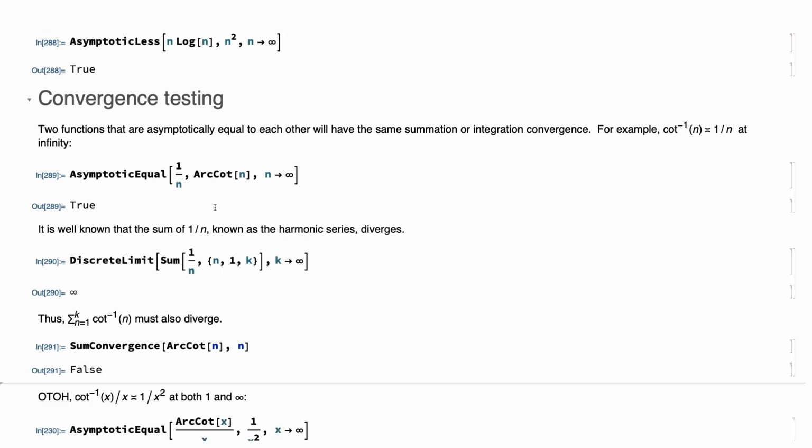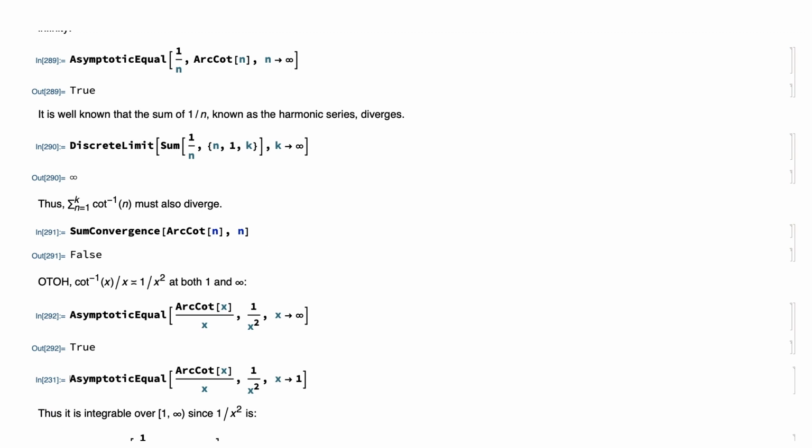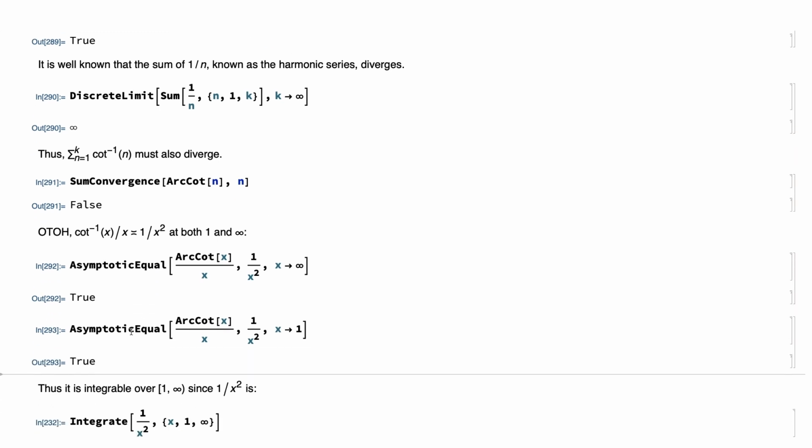Another family of applications is convergence testing. Basically, two functions which are asymptotically equal to each other have the same summation and integration properties. For example, arctan is asymptotically equal to 1 over n at infinity, and it's well known that the sum of 1 over n diverges, which means that the sum of arctan as you sum over the positive integers